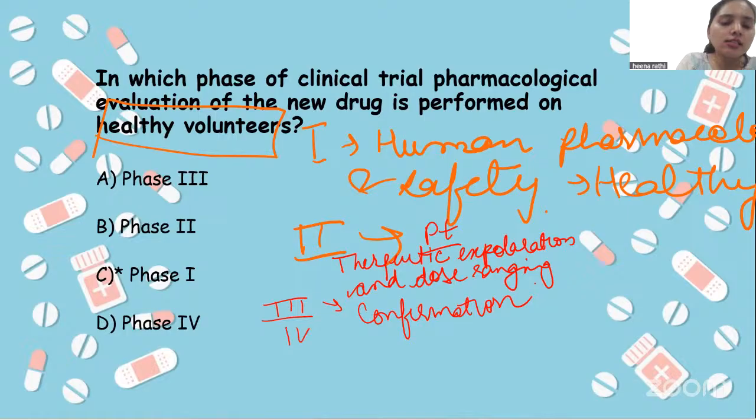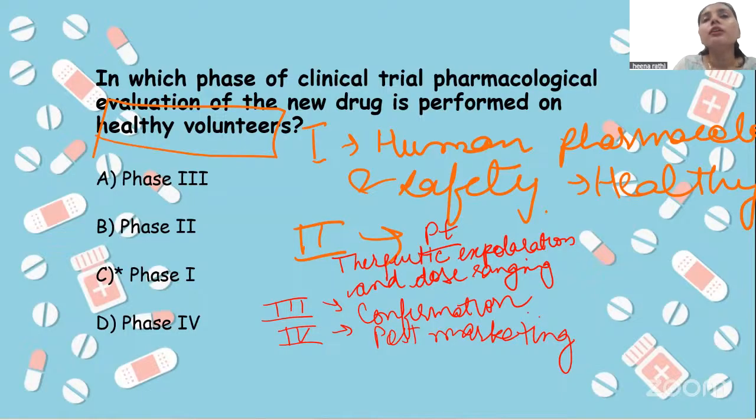And last is phase 4, which is called the post-marketing surveillance. After phase 3, the permission of marketing of the drug is available. If the permission is granted and the sufficient results are seen, then phase 4 occurs. In phase 4, there is the post-marketing surveillance. When that drug is available in the market, then we ask the doctors or the patients to give all the adverse effects they are feeling after taking that drug, and we will record that whole thing, and the surveillance is done under the